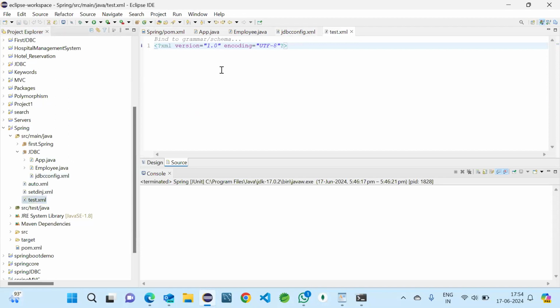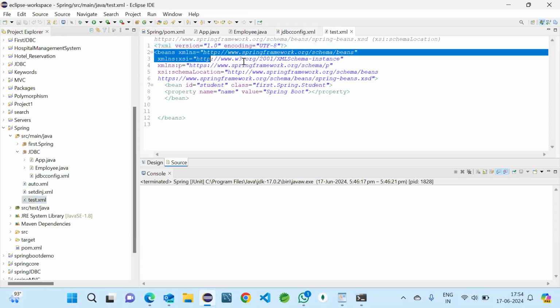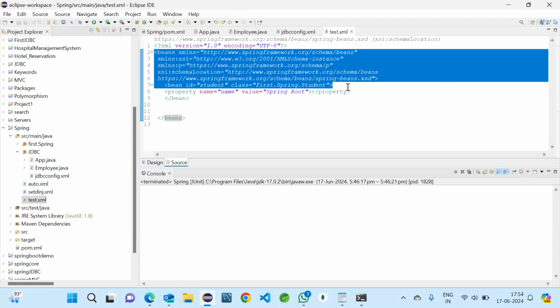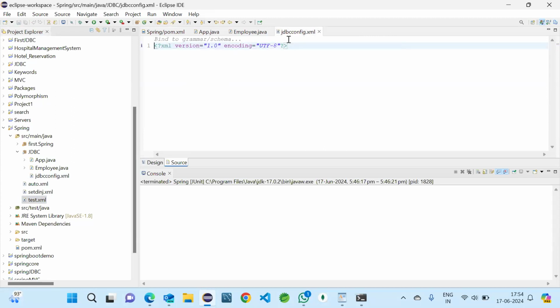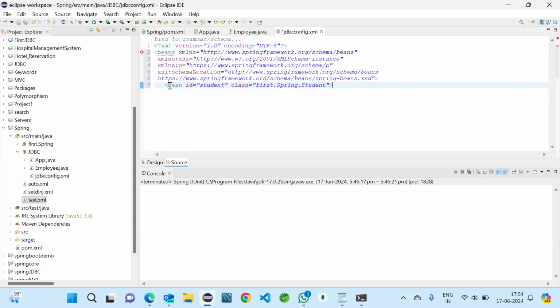Open this. Just copying these things. Okay, fine. So after that, what we'll do, we will just pass the data source driver and JDBC template to